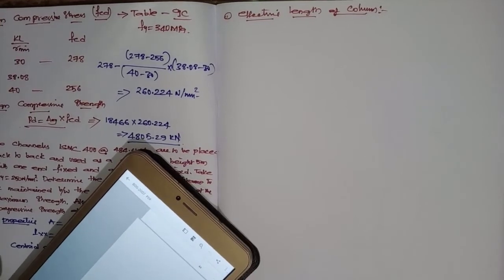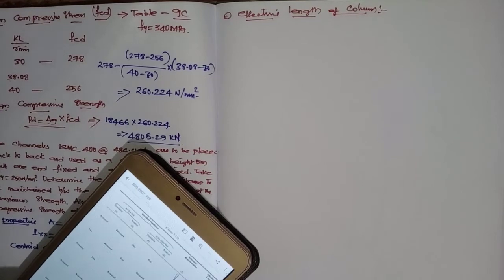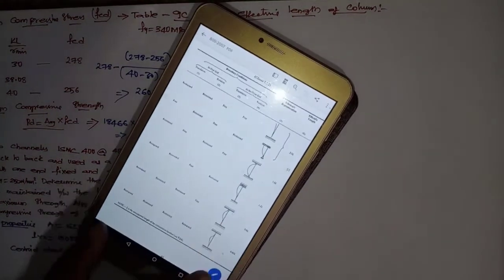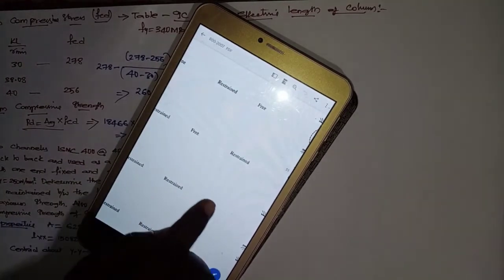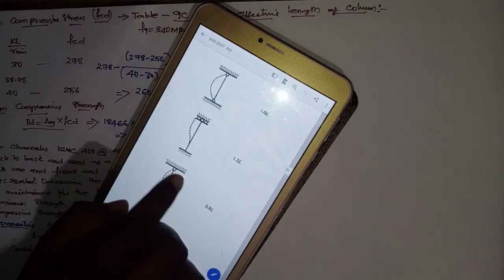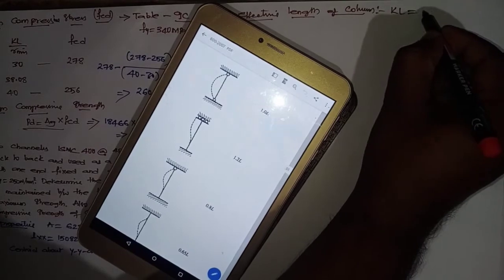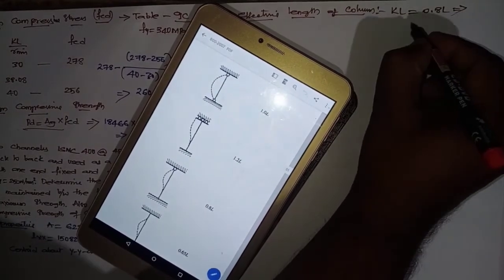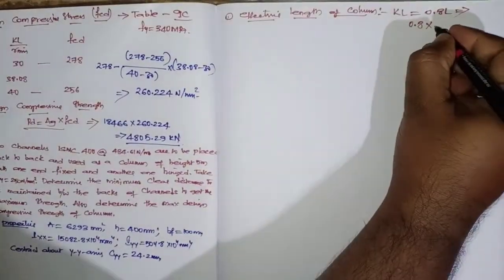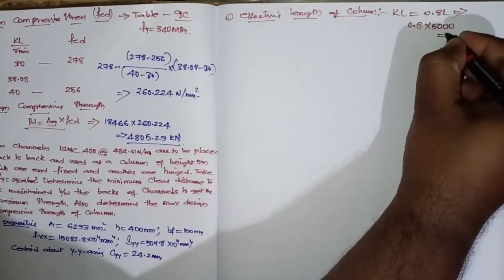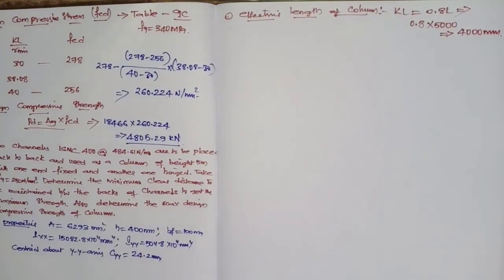So this is the table. Now see here, this is fixed, this is hinged. Fixed and hinged, that is effective length equals 0.8 L. So 0.8 into 5 meters, 5000, how much is it? 4000 mm. Right? Next,